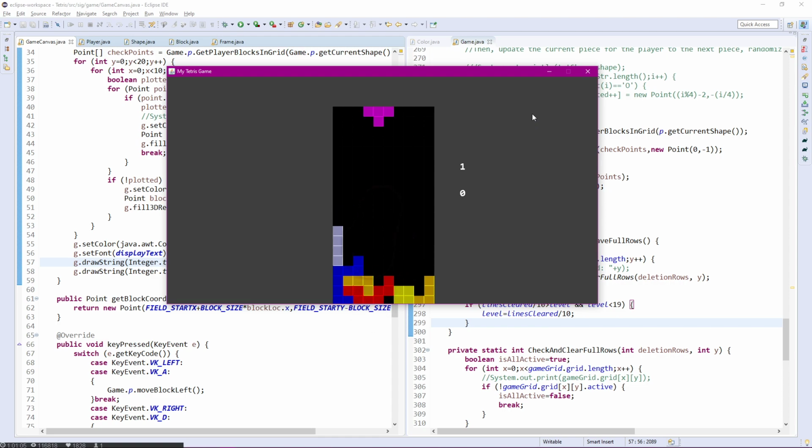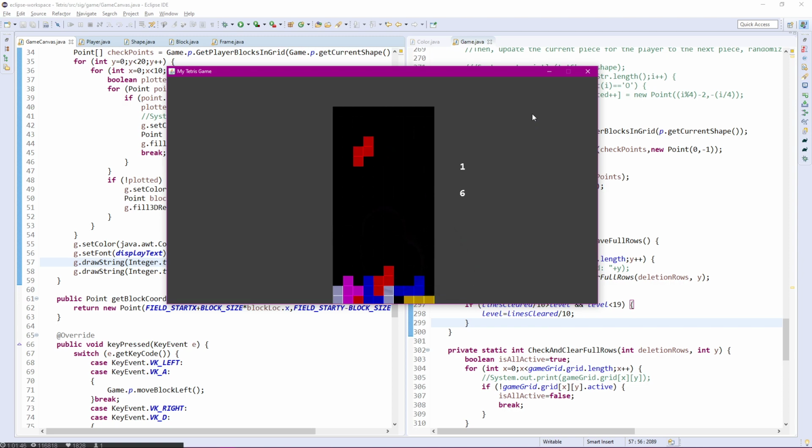Now, you might notice, one issue I'm kind of having is that I can't press it down while pressing left or right. I have to stop doing one to do the other, and that's kind of an issue with the whole holding down a key thing, is that you're not detecting like multiple keys being held down, and that's something we can fix pretty easily. What we would have to do is have an array storing how many